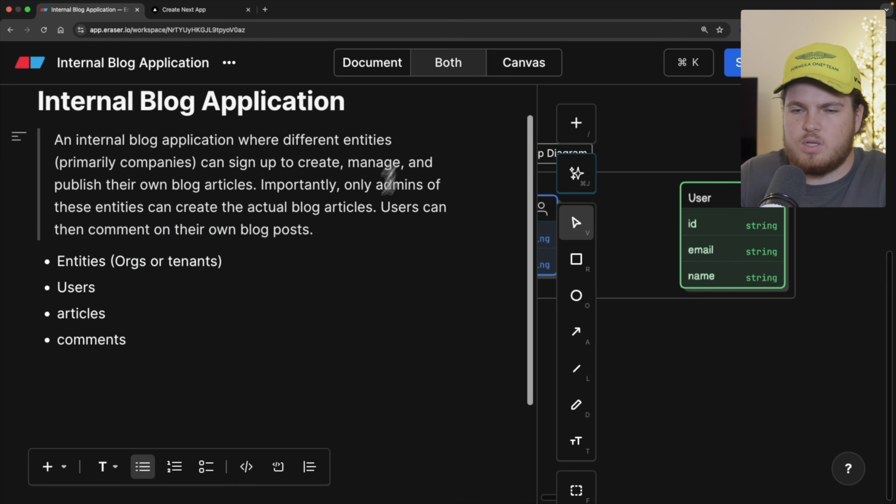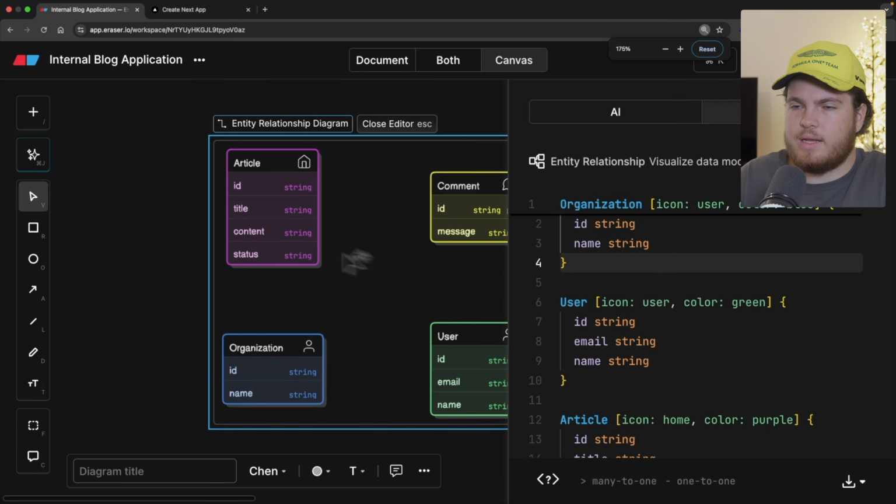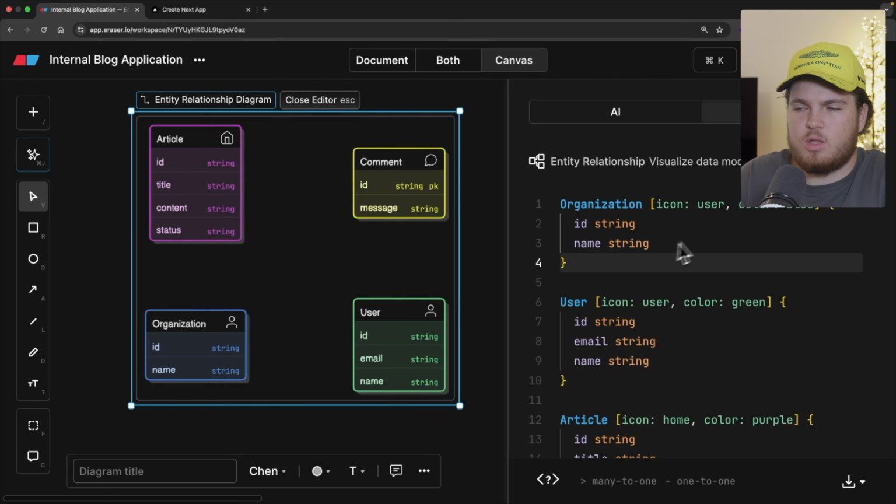So I will create the other two tables myself, and you will also create them yourself. And once I'm finished, I will come back. So I created all of the tables. In total, we have 4 tables. Let's again quickly go through them. So we first of all have our